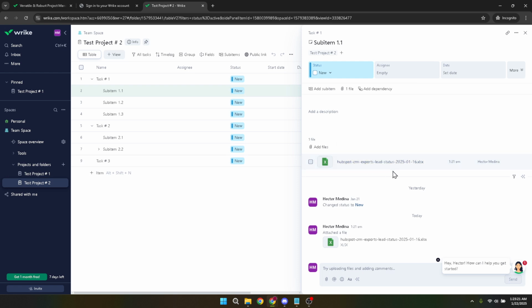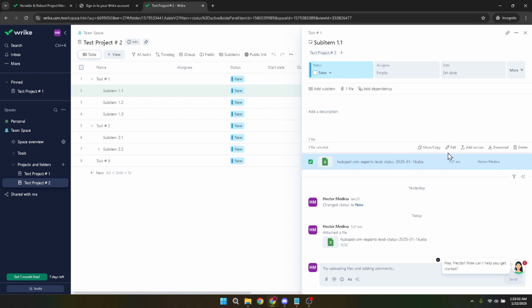Once you are in your task's detailed view, the next thing to do is focus on your document attachment. Look for the checkbox next to the document you intend to edit. Selecting this checkbox is important because it indicates to the system that this is the file you want to work on. It's a simple but critical step to ensure that you're working with the right document. After selecting your attachment, you're now ready to edit.